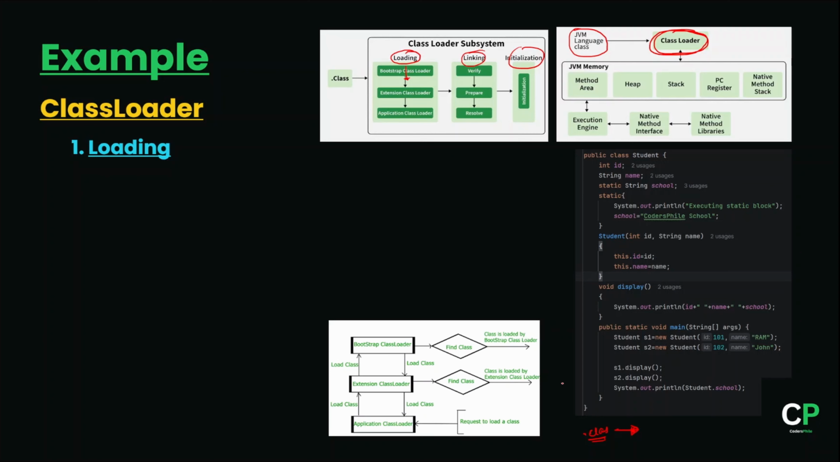So in the loading phase, the request for the loading of the student class is first passed to the application ClassLoader. The application ClassLoader first forwards this request to its parent, that is the extension ClassLoader, and the extension ClassLoader will also pass this request to its parent, that is the Bootstrap ClassLoader. Now the Bootstrap ClassLoader will see whether the student class is present in the core Java classes or not. Since the student class is an application class that we have created, it is not present in the